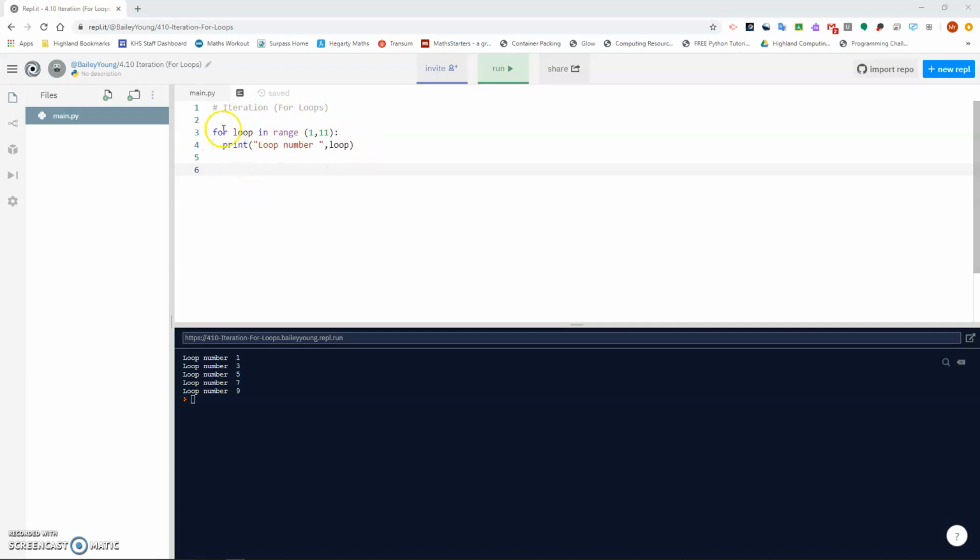We use the key term for, and then we have a count variable. Now this can be called absolutely anything. For now I've just called it loop, but it could be X, it could be anything. In range 1 to 11. So this means we're going to start at the number 1 and we're going to loop all the way around